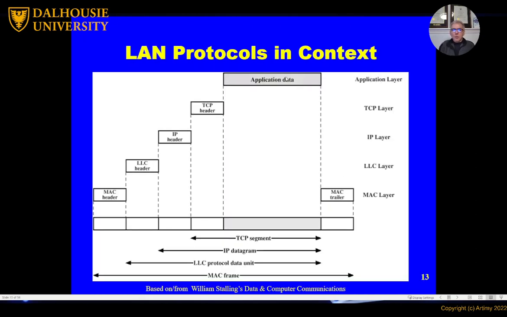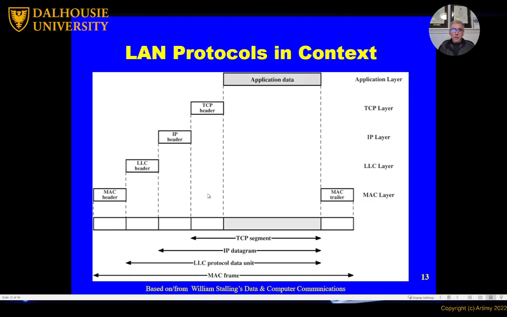All right, so when we look at the encapsulation here, the application layer sends its data to the transport. The transport adds a header. It may need to segment the data into multiple segments, right? It passes the payload to the IP layer and then to the LLC layer, then to the MAC layer.